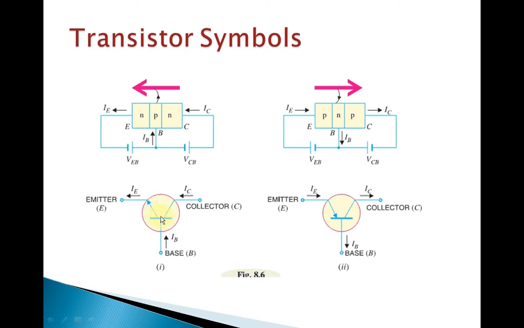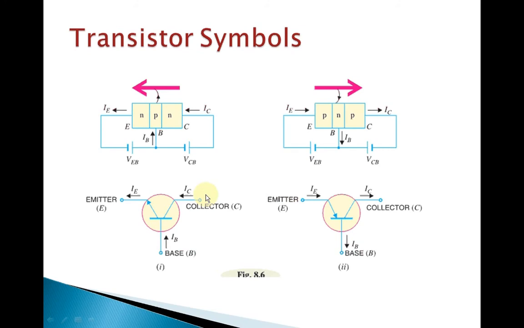Now, the next topic is the transistor circuit as an amplifier. That means we are going to describe how a transistor works as an amplifier. This is a very crucial and very important application of the transistor. Basically, the transistor is used for amplification of various kinds of signals. So now we are going to understand how the transistor circuit works as